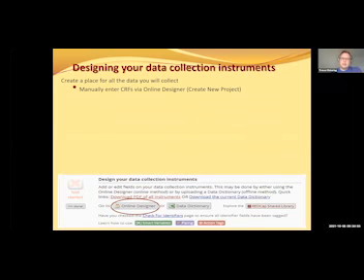You can do this a couple different ways. One is to enter the forms via the online designer. If you do this, you'll be dealing with things like forms and the different variables in your data set. You don't necessarily have to have all variables be manually entered. You can have some fields calculated. Things like BMI, if you enter height and weight, REDCap can calculate BMI for you from those two variables. We don't recommend a lot of calculated fields within your REDCap database. If you have things that you want to be automatically calculated, that's something that we recommend you let your data